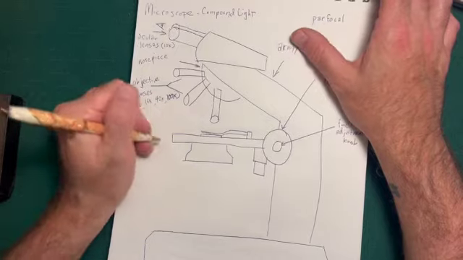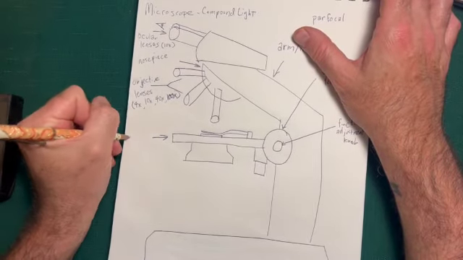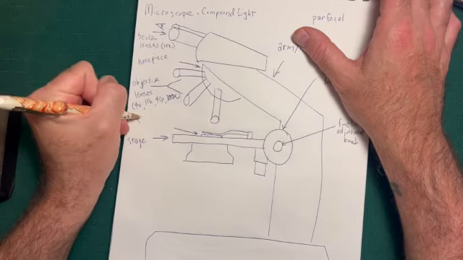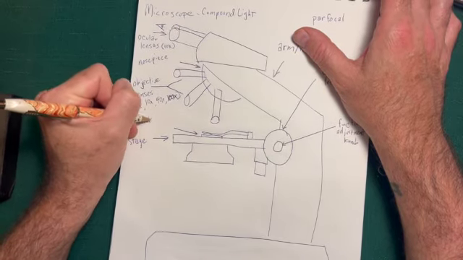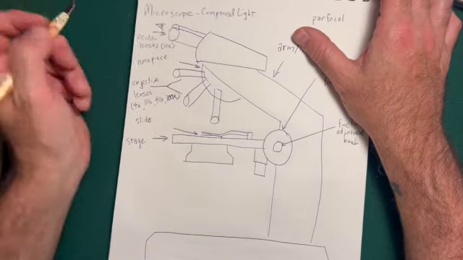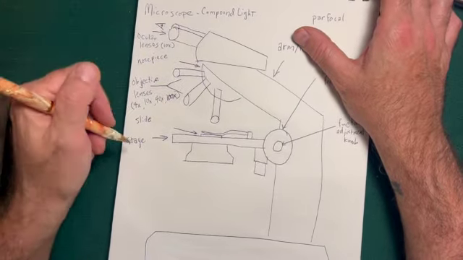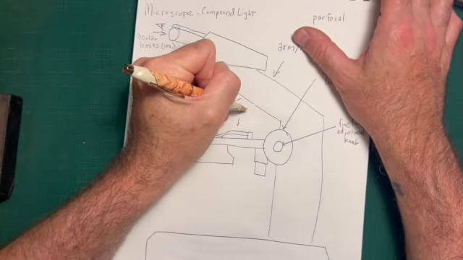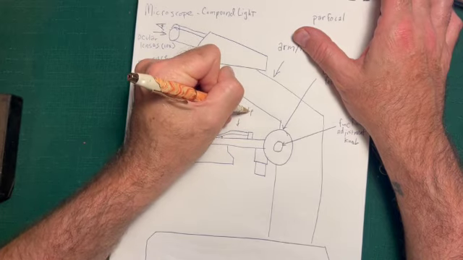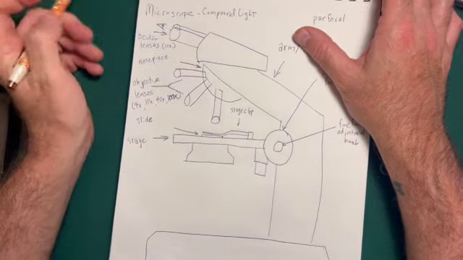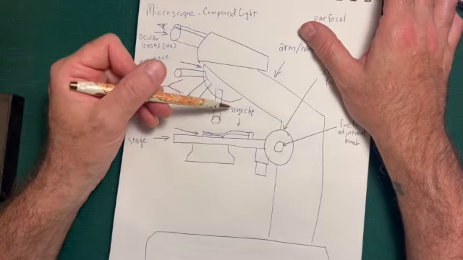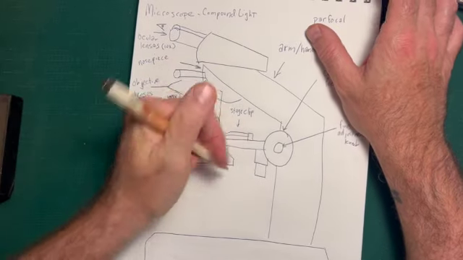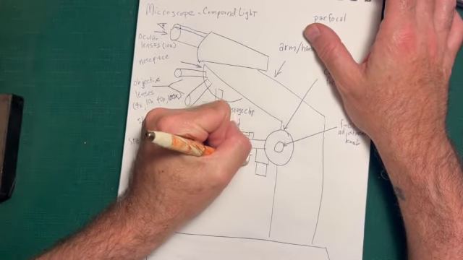Okay, so this piece here where our specimen is found is called the stage. That's our microscope slide on there, which has our specimen on it. And the specimen and the slide are held to the stage by this thing, which is the stage clip. And the stage clip helps to hold the slide in place, and then we can adjust the position using these knobs here,